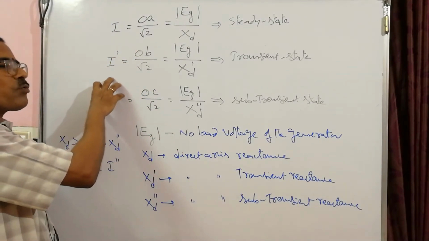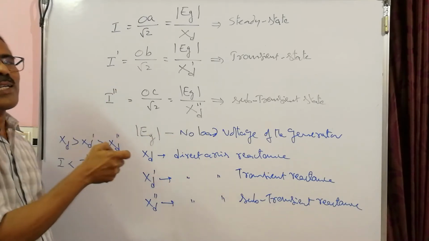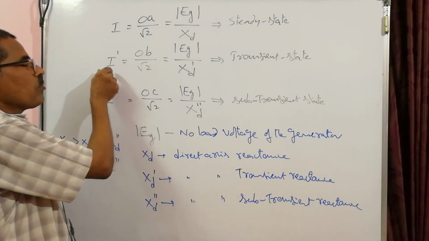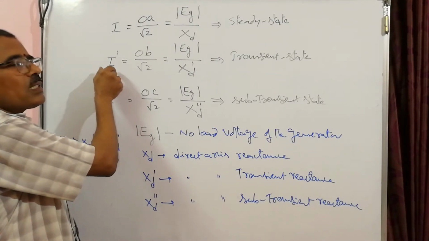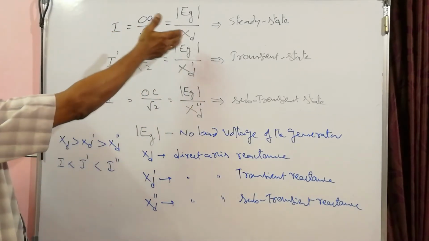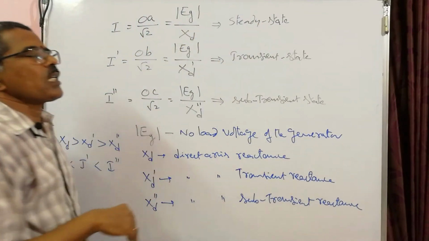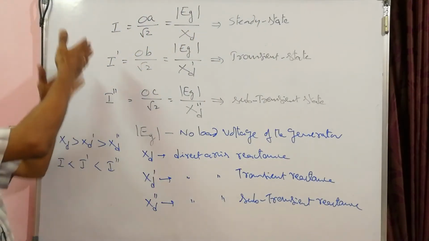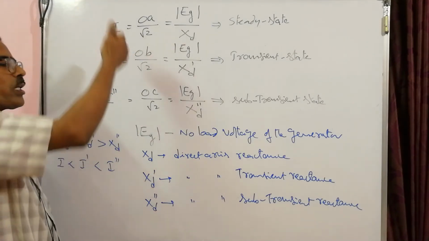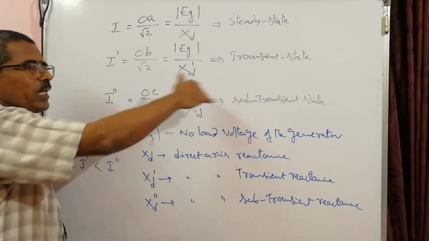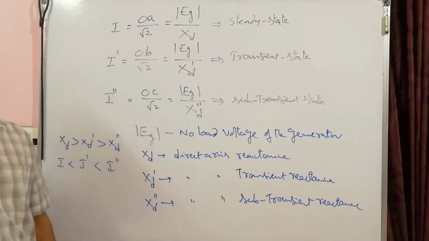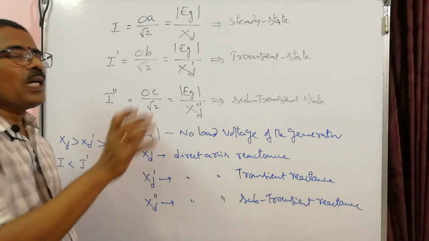double dash. I double dash is very high, and it lasts only a few cycles, one or two cycles normally. The transient period corresponding to I dash is moderate, and I is the sustained or steady state current. All these currents are fault currents only. Immediately upon the fault, there is a very high shooting current, which is I double dash. It moderately decreases during the transient region, and finally it settles at I. So these are the currents and corresponding reactances.